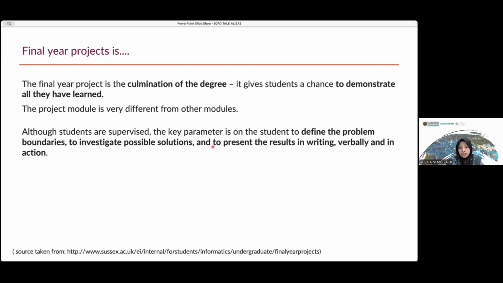So it's not only searching, but also academic writing. How they present the results in a systematic way, either writing or verbally, because at the end of the FYP presentation, they need to present and defend whatever they have read and learned, and whether they understand or not. So they need to transfer all this into action.